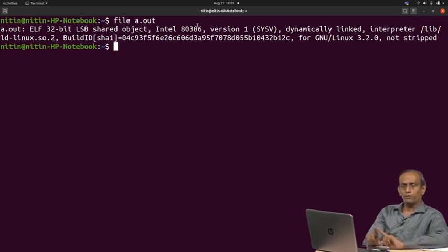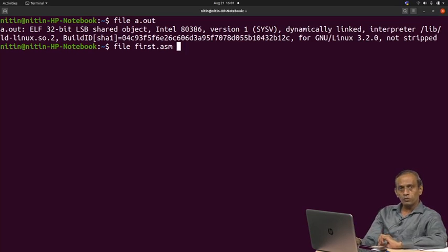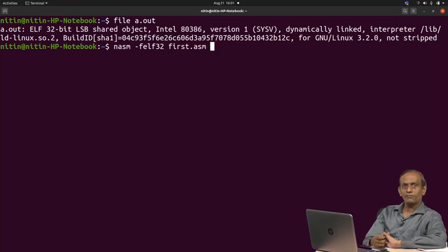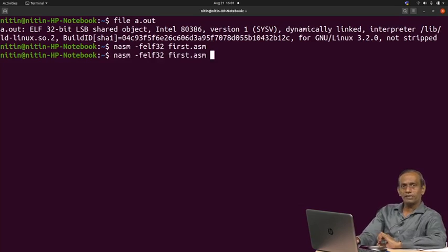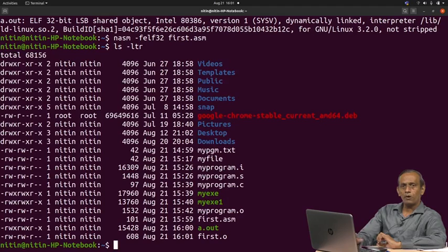So, the translation process will be how? First of all, write a program in a file with the extension .asm. My suggestion is you make use of .asm as an extension. Then to translate this, you have to write NASM -f file format; -f tells the file format to be followed to generate the object code. So, -f elf32 and then first.asm. This would be your program name.asm. Whatever program you have for your assembly code would be written over there. After you press enter, it will generate an object code for you. This would be the object code generated, first.o.